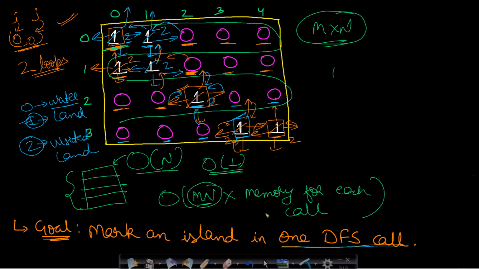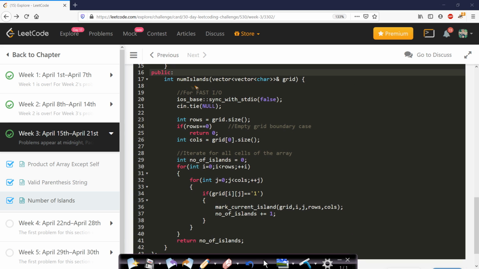So let us now look at the simple DFS code which I have written. You can see that we are given the grid, and from this grid I found the number of rows. If the rows are 0, this indicates that this grid is empty and so no islands can be formed, and therefore I will return just 0. Otherwise, I will find the number of columns, and this will give m by n, which is the matrix size.